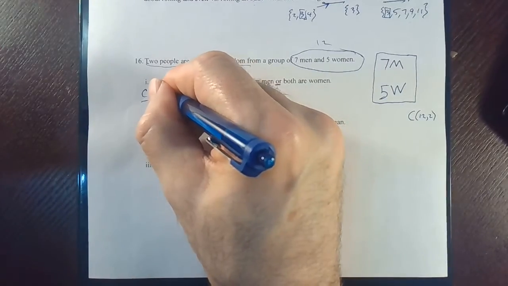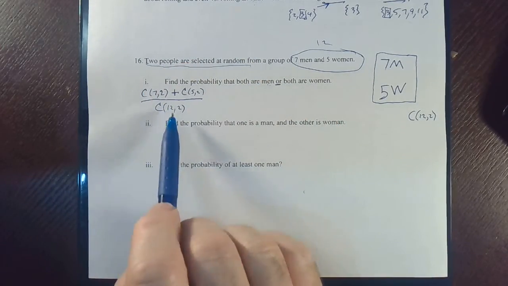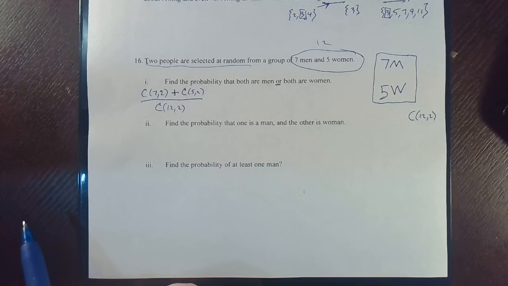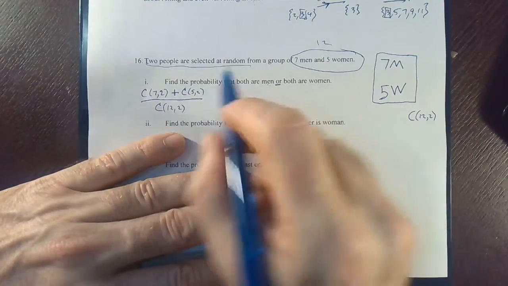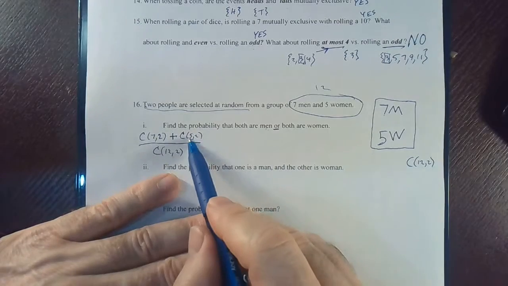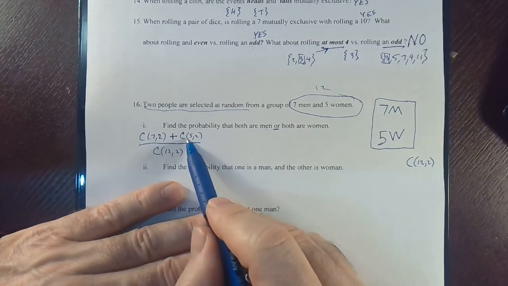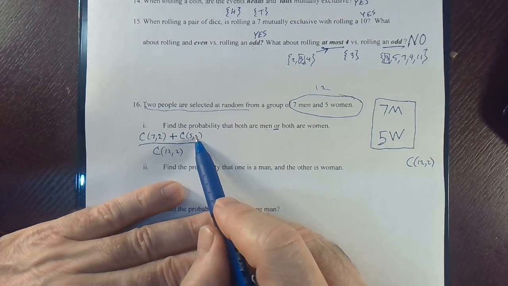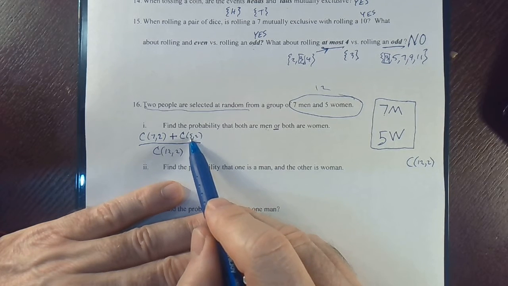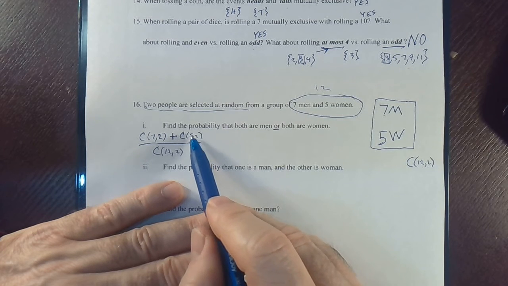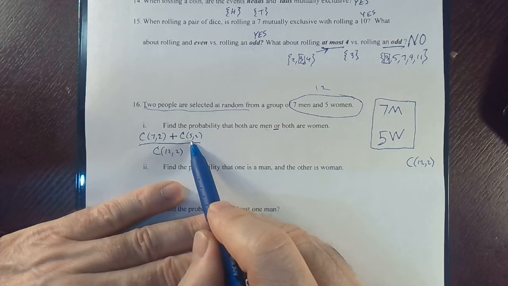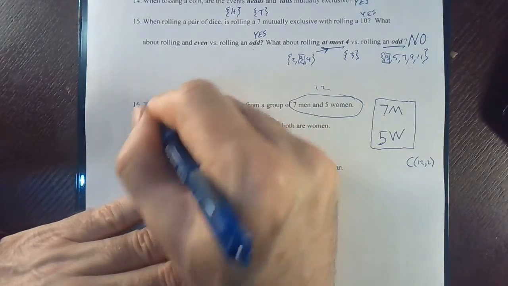I will never have you leave the answer like this on an exam. But if I saw this on an exam, you'd get half credit at least. Okay? Half credit for just doing that. I want you to do the arithmetic. So let's see if we can figure it out in my scratch paper over here. I remember I've done 5 choose 2 so many times, I know the answer is 10, and not because it's 5 times 2. Turns out to be 5 factorial over 3 factorial 2 factorial, which is 5 times 4 over 2, which is 10. 7 choose 2 would be,